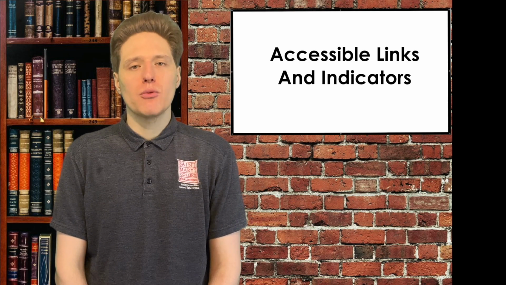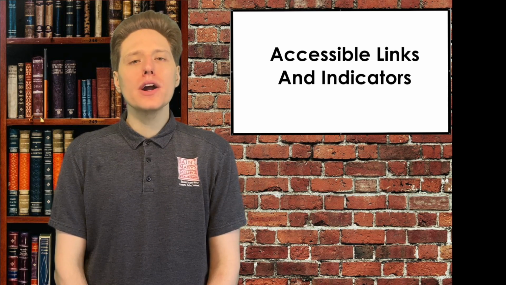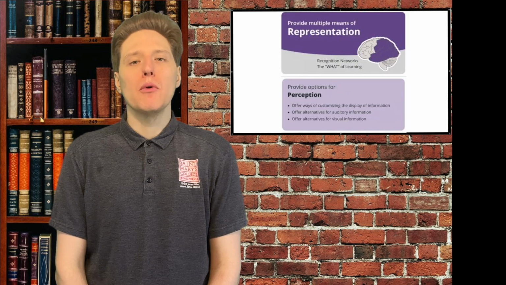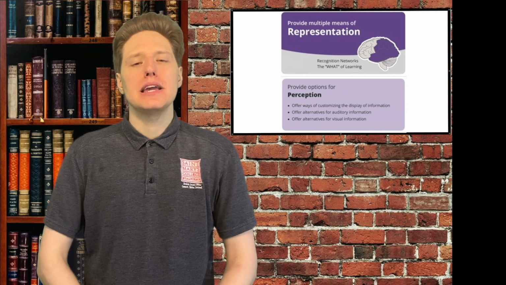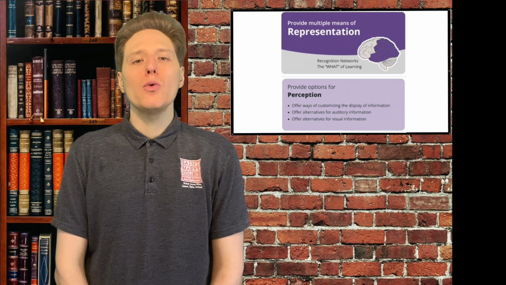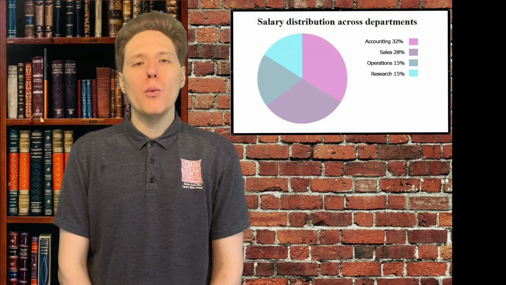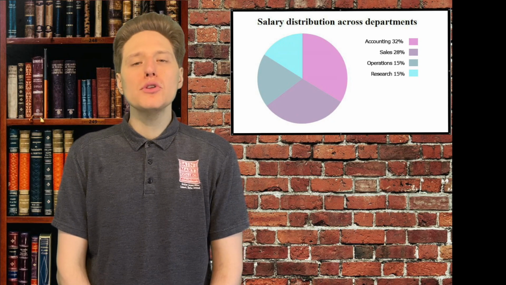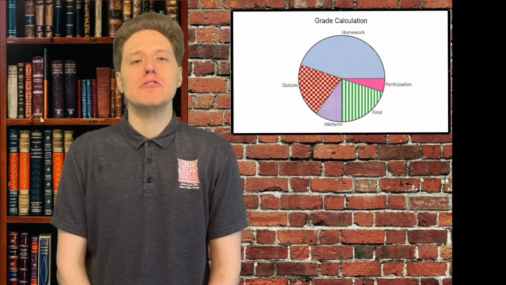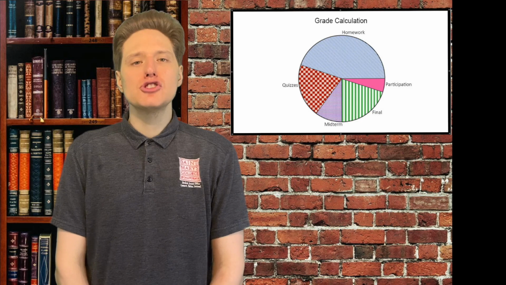I'm going to be going over how to make hyperlinks in Microsoft Word and Google Docs. In addition, I'm also going to cover using multiple methods for conveying information. It's important to keep this in mind because, for example, if you only use color to convey something and somebody's colorblind, they're not going to know what you're trying to convey in the document or web page. So trying to use multiple methods to convey information can be really helpful. I'm going to show you a couple of examples there as well. So let's go check it out.